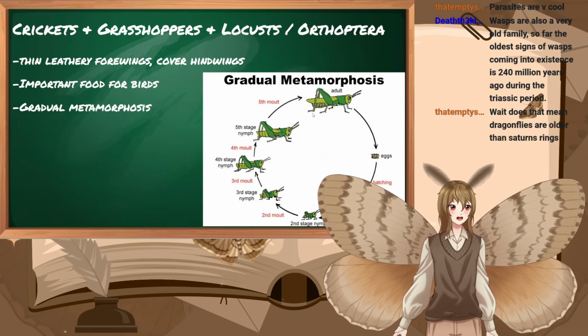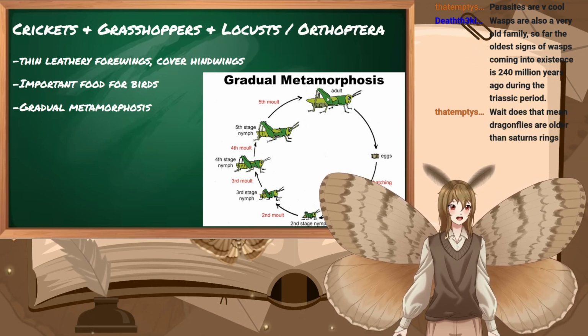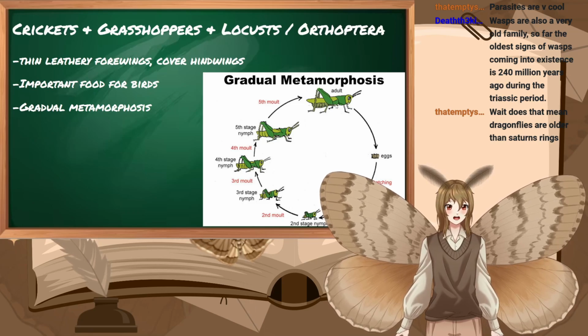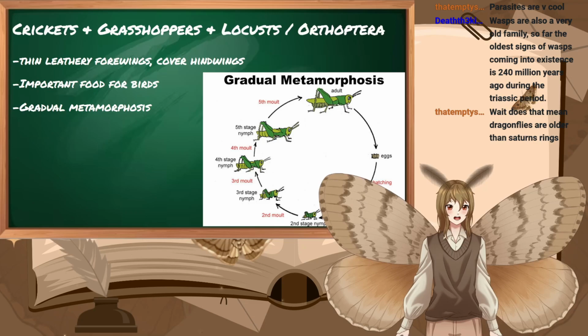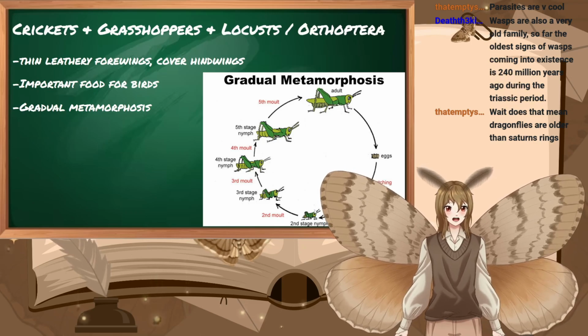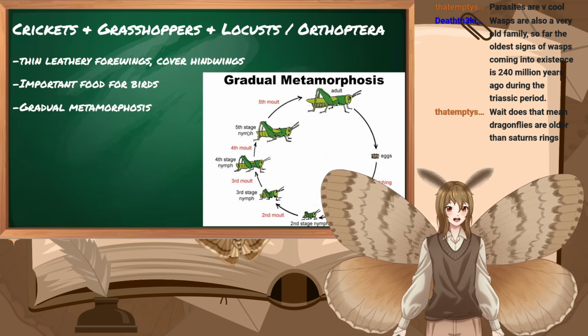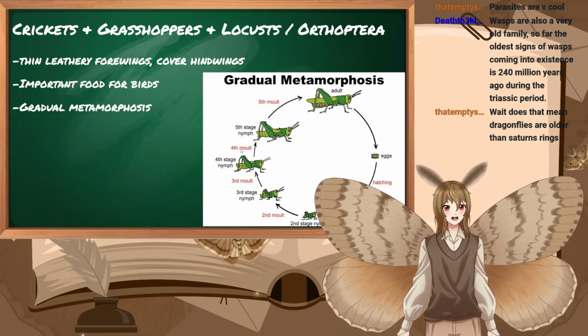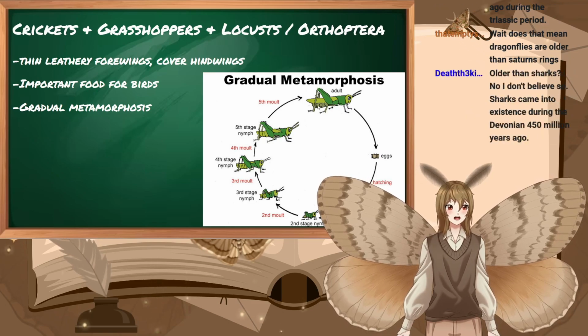You can see it here. In this little ring, it goes from, so there's an adult, it lays an egg, it hatches, there's your first stage nymph, then there's the second stage nymph, into the third stage nymph, fourth stage, fifth stage. Every time they molt, they get a bit bigger, but essentially the nymphs look a lot like the adults.